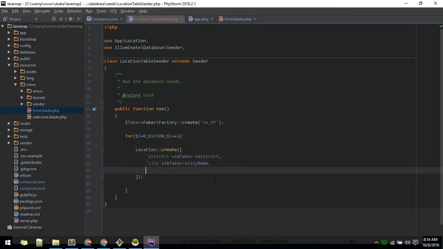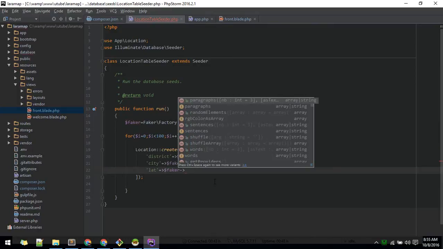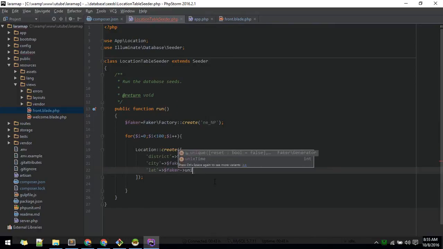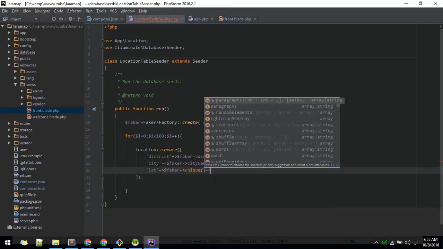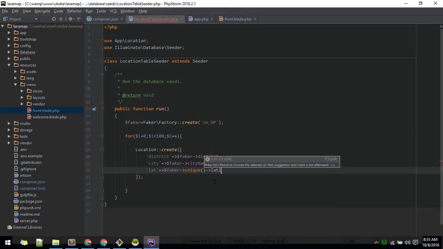Next we'll put the lat and long value. So previously we were just putting that in the database. Now it is coming from our seeder. So these will be unique, so this will not create duplicate values. So for latitude,